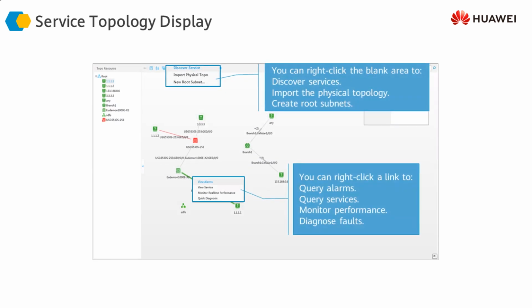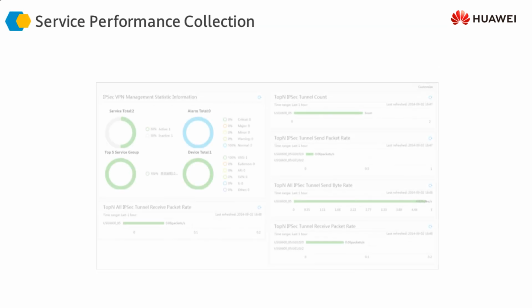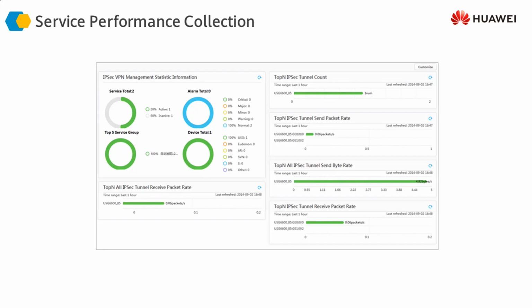We can look at the topology information in graphical format, and if there is any error or any issue at any point, it can be highlighted and we can then click on it, and with one click we can look at the other details and drill down and find out what the exact issue is. We look at the alarms and other indicators and find out the issue. Then we have the overall service performance collection, where we get a dashboard about the overall performance or health indicators of the overall VPN in our infrastructure.